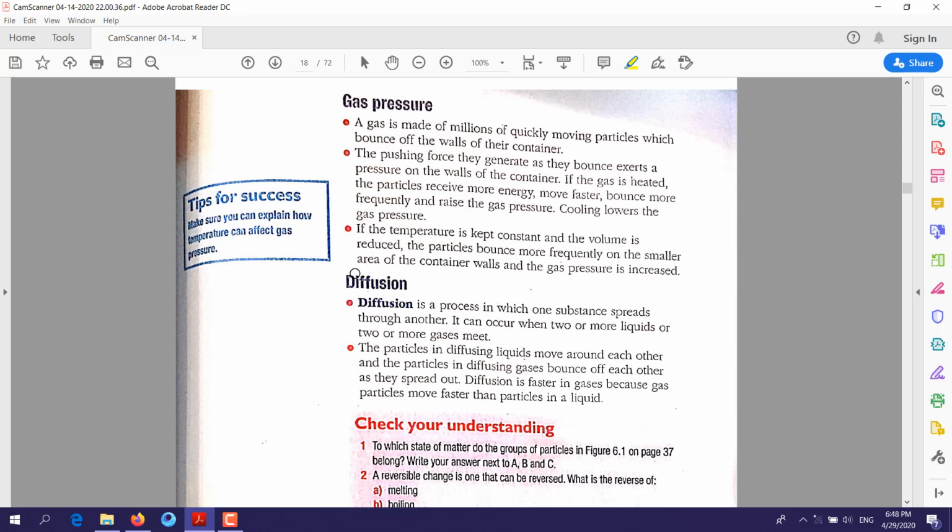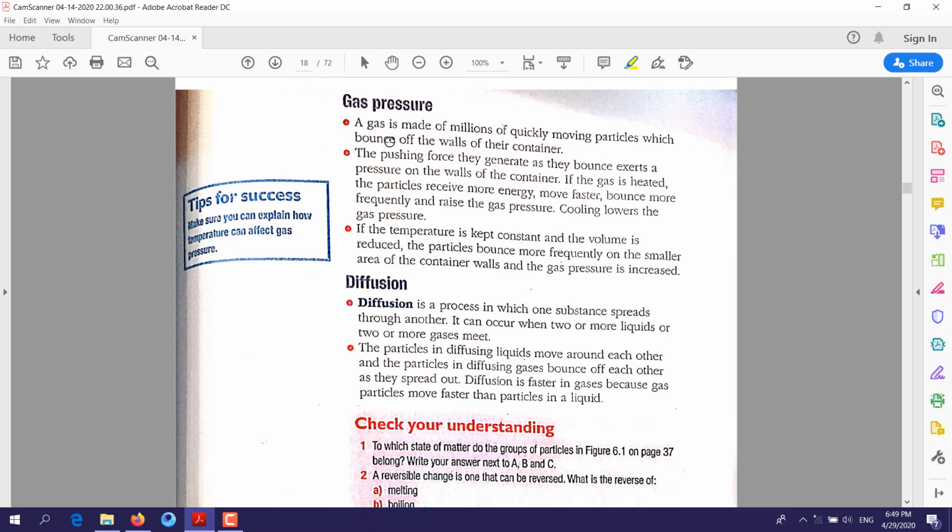Gas pressure. If we want to understand what gas pressure is, firstly we should talk about particle theory. Gas is made up of particles, and as we explained, the particles of gas move freely. Because they move freely, what does that mean? While they are moving, these particles will collide with each other. So what are these collisions? It's the gas pressure. So a gas is made of millions of quickly moving